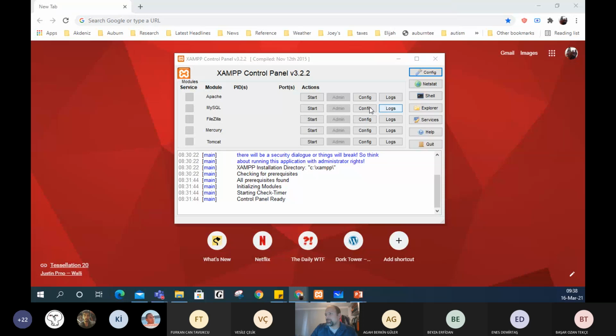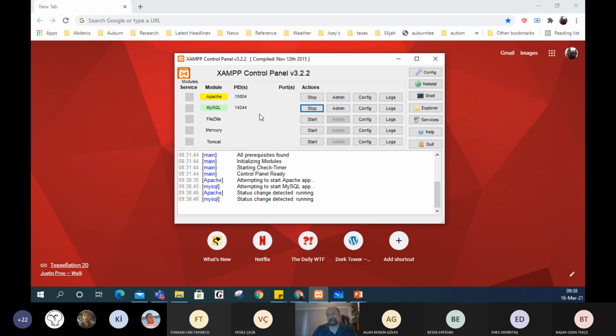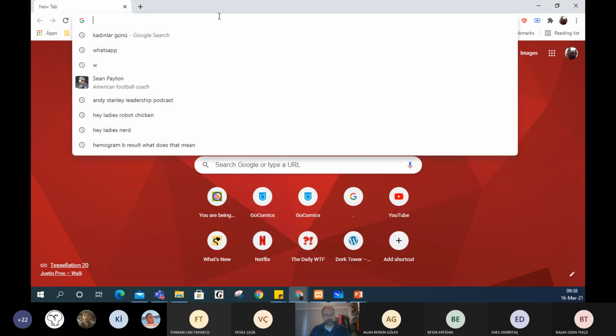Okay, let's start this thing up again. All right, let's go ahead and go over to our example screen here. Again, as usual, we're going to start our Apache and MySQL services. Okay, and now we should be able to get to